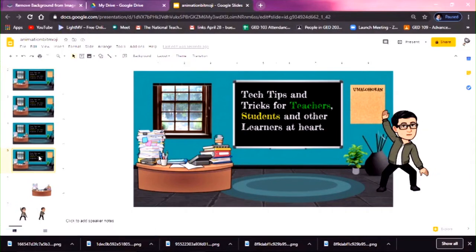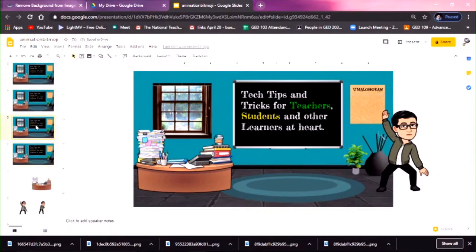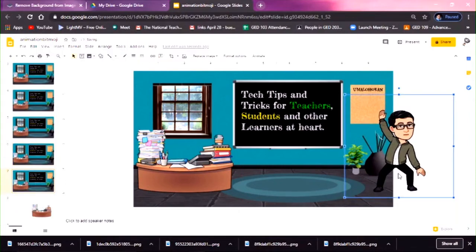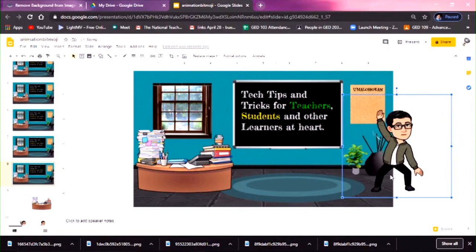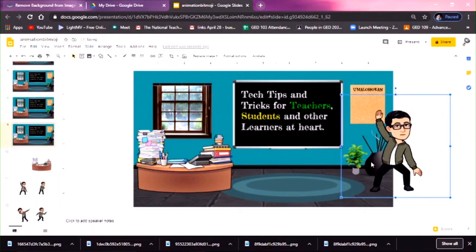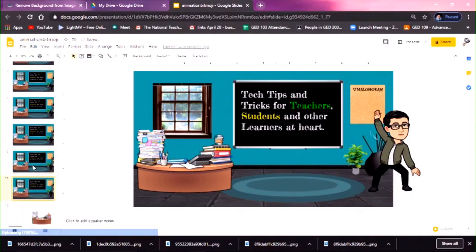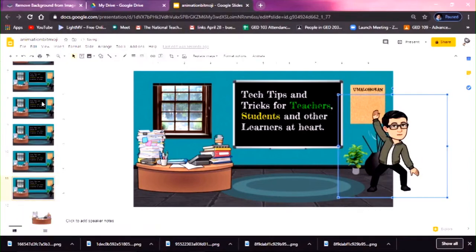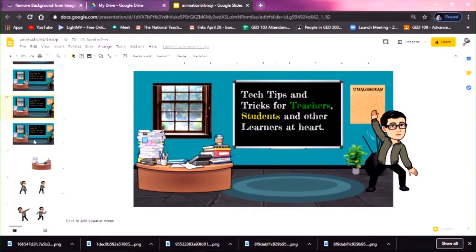Next, copy it again, then 1, 2, 3, 4, 5. Copy it again, 1, 2, 3, 4, 5. Keep copying the slide and pressing the left arrow 5 times each time. Now we need to create this bitmoji classroom 12 times. On the 13th slide, we're going to